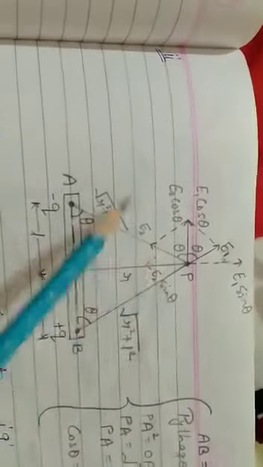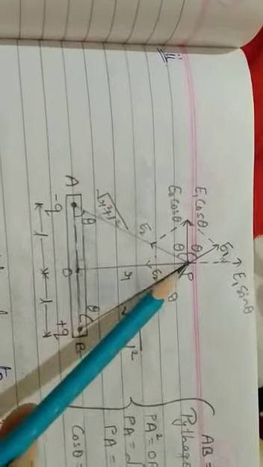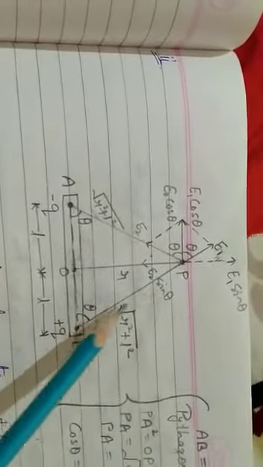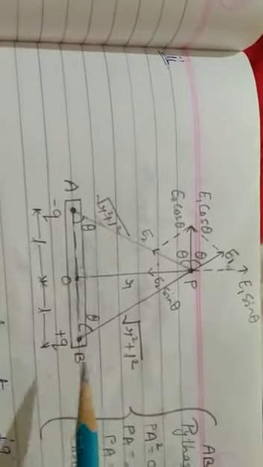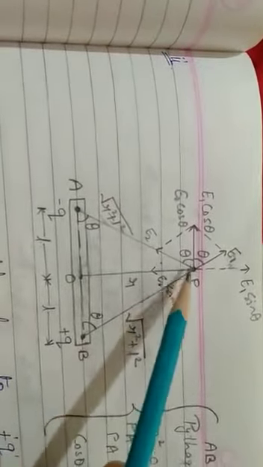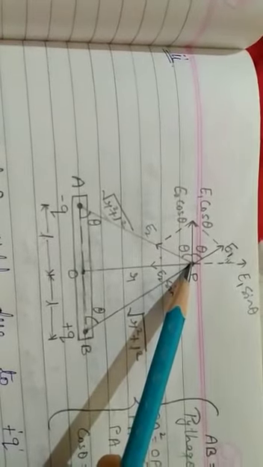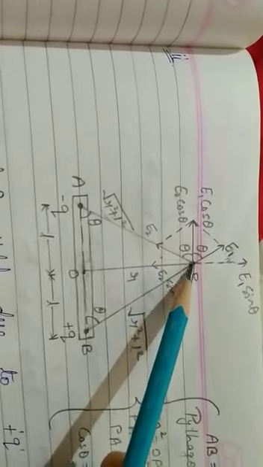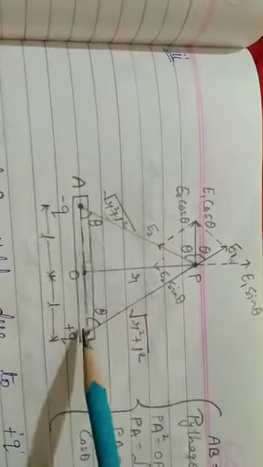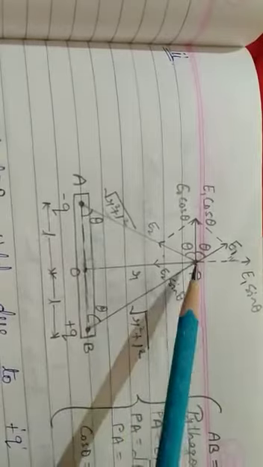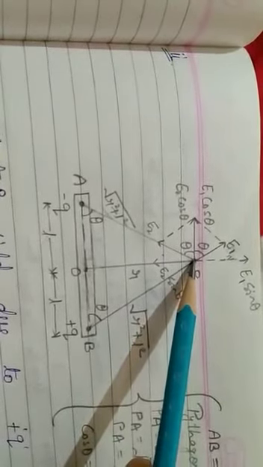So now we have found the distance between AP and BP. Now students, as I have told you before, the test charge we always take as positive. So when a positive charge is placed at point P, and the plus Q charge applies a force on it, that force will be repulsive.